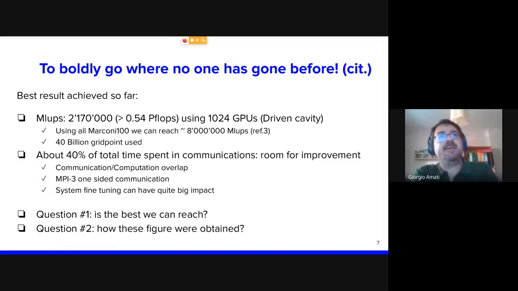In the next slide, I performed a test to understand the limit that we can probably reach with this implementation on this kind of machine, for a simpler test case, the driven cavity, without a huge number of data dumps and diagnostics, only to check that everything was fine. So we do not have a number here. And we found that with the Marconi 100 machine, having access to the full machine, we can reach something